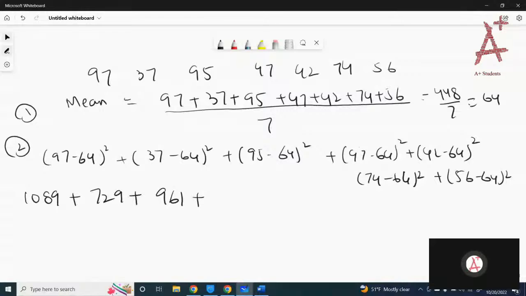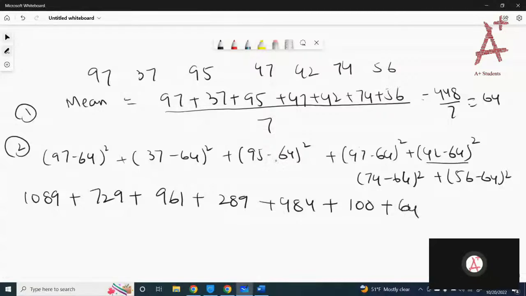Got it? 47 minus 64 is 17, and 17 squared is 289. Okay, 42 minus 64 is 22, and 22 squared is 484. So 74 minus 64 is 10, and 10 squared is 100, and 56 minus 64 is 8, and 8